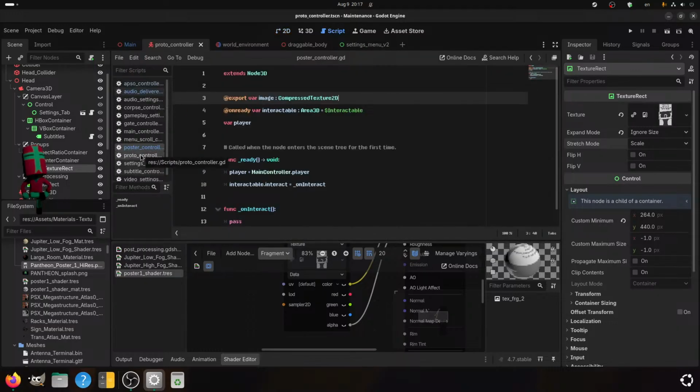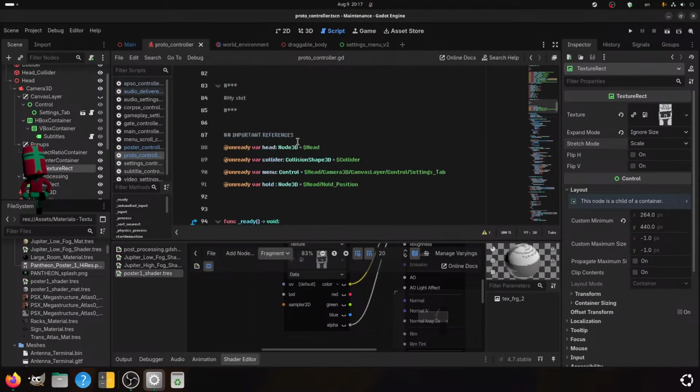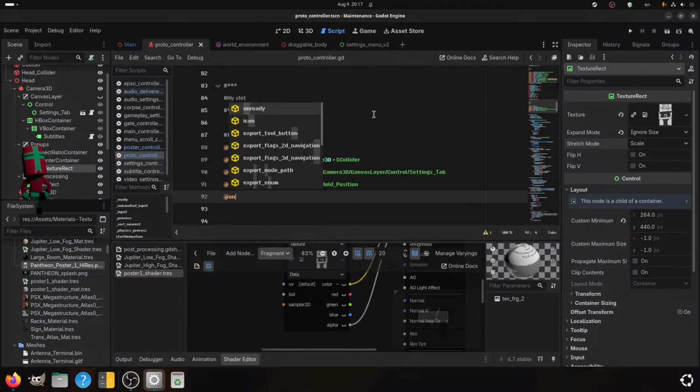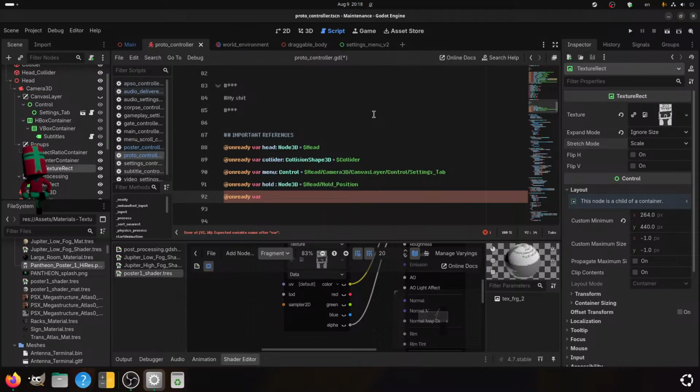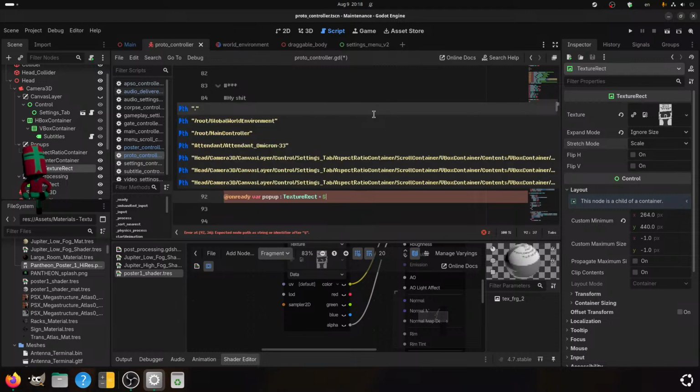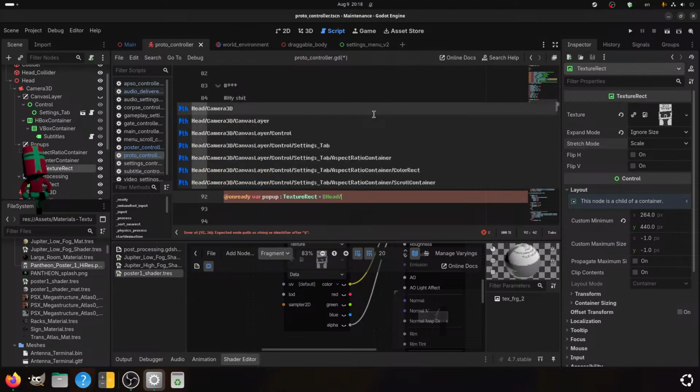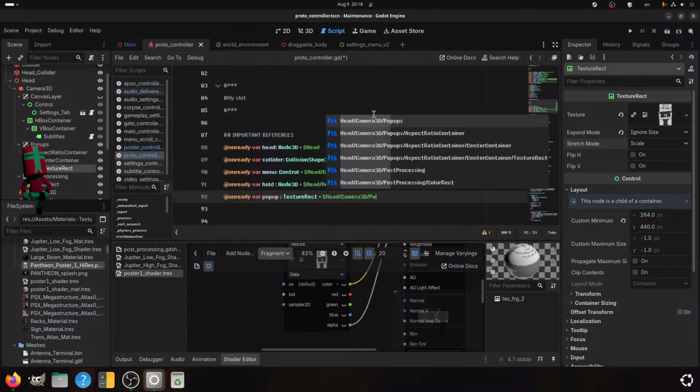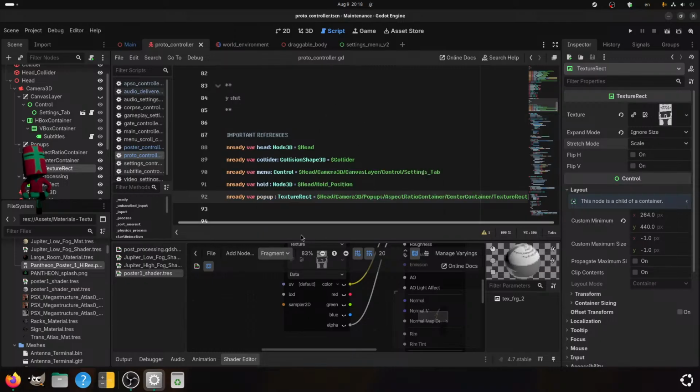So now we want the proto controller. On ready, var pop-up texture rect equals head camera 3D pop-ups texture rect.